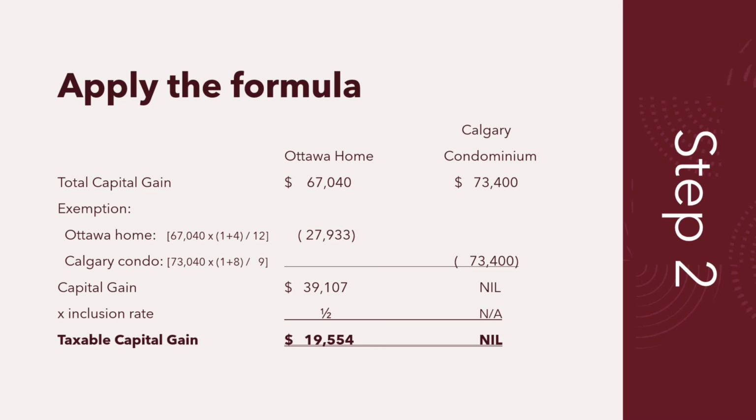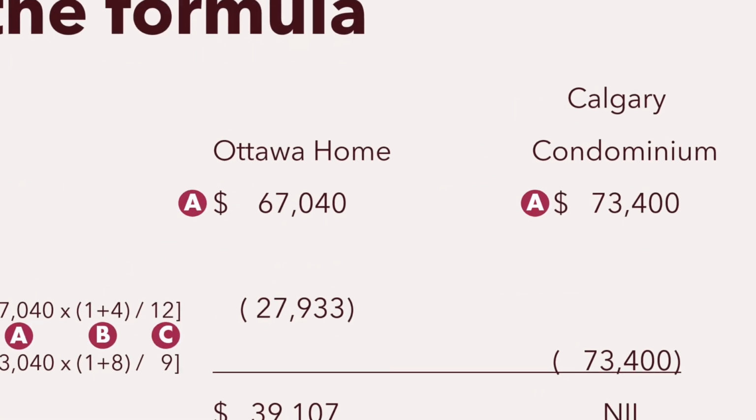One more time, just taking a look at everything we have on the screen to make sure we understand how we applied the formula A minus A times B divided by C. A would be the capital gain of each property, and you should be able to see an A on the screen now. From that, we subtract A again, which is the capital gain on the property, times B, which is 1 plus the number of years it's designated as the principal residence. And that is divided by C, which is the number of years of ownership. So it is this portion here,